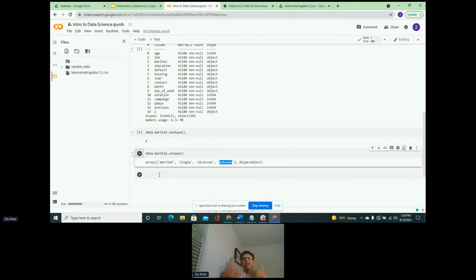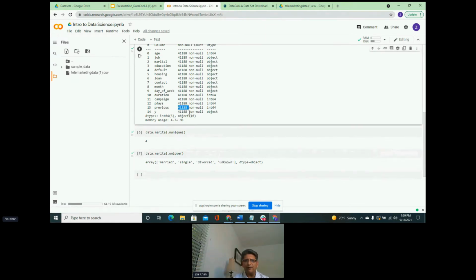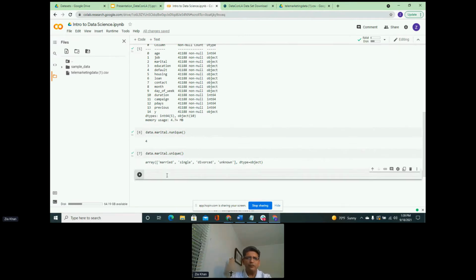If you want to go one step further, you want to find out how many of these there are. There are a total of 41,188 people. How many of these were married versus single versus divorced versus unknown? How do we find that out? There are many different ways of doing it. Again, pandas has a built-in function for that.